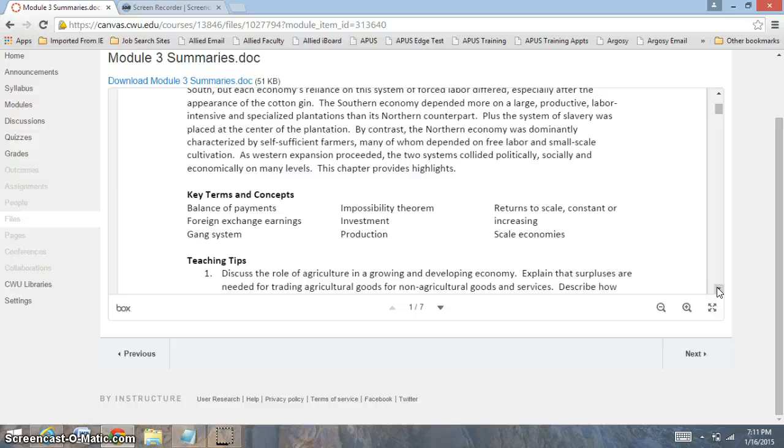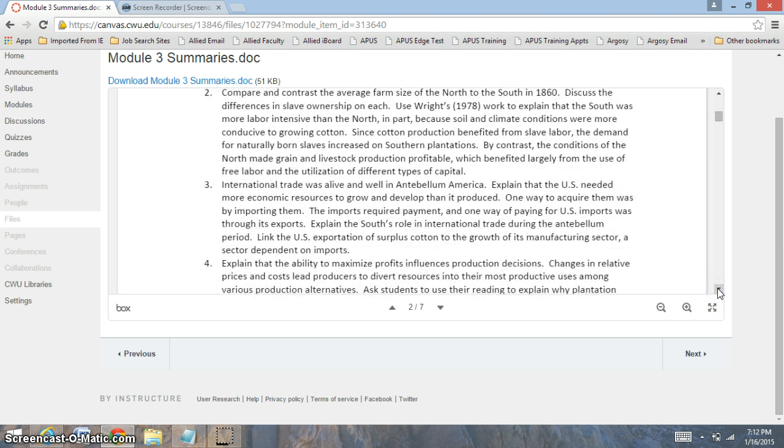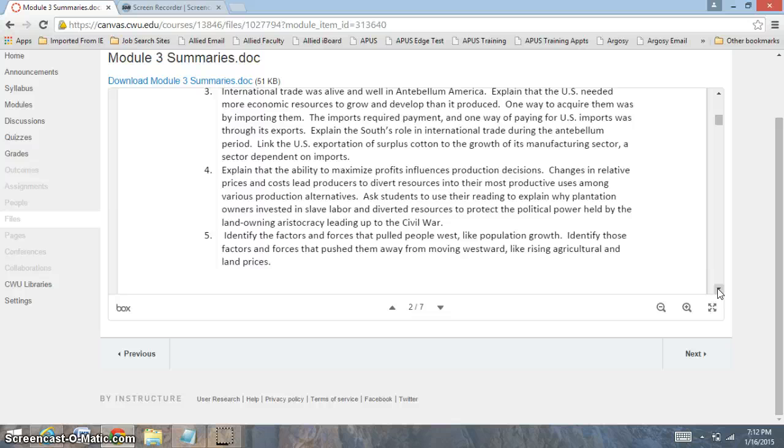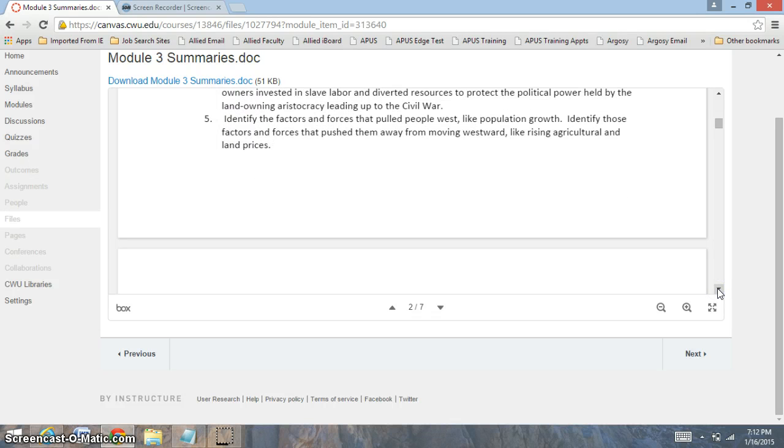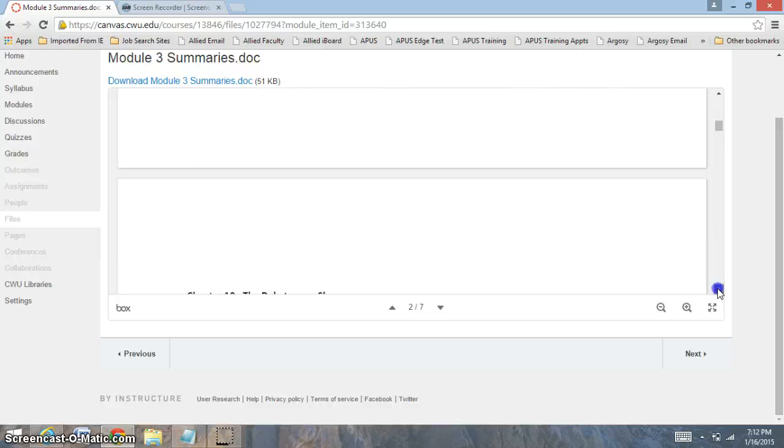The other thing that we're going to talk about is production levels. And you see these terms right here, increasing returns to scale. When you look at increasing returns to scale, you're looking at an economy that's growing or starting to grow, or a firm that's growing, and when they get larger and larger, their per unit costs decline, which is a very positive thing for an economy. Because a firm wants to get larger, and when they're able to get larger, they're able to produce at lower costs and help increase their profits. We're going to also look at the maximization of firms and how firms try to maximize profit.